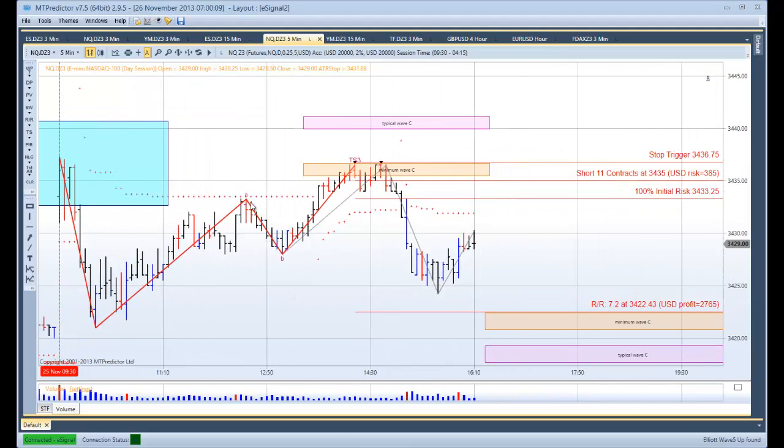Now the reason there's a history triangle here is I just want to zoom in on this. It means that this was a double top. Because you see this TS3 sell would have had you short 11 contracts this time, again for our correct position sizing, again keeping the initial risk less than 2% of a sample $20,000 account, the same as we had before. So you'd be short at 34.35. Your stop would be at 34.36.75. But if I look at the high of this, if you go up and look at the top there,